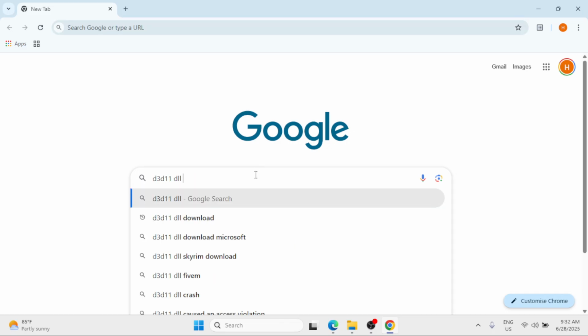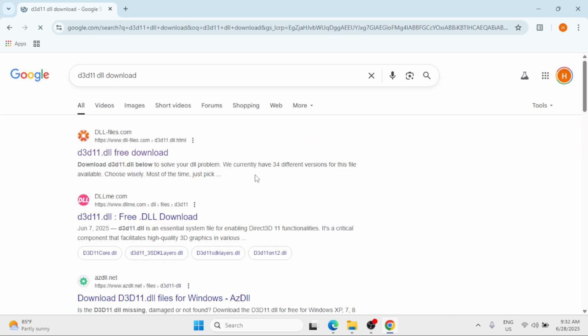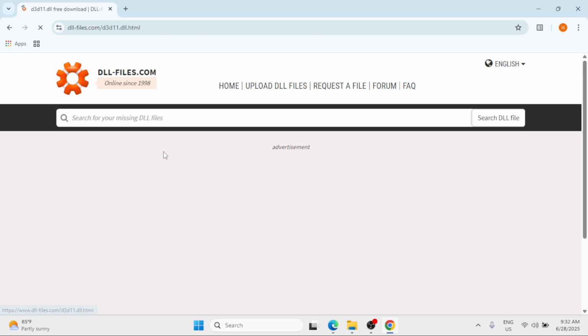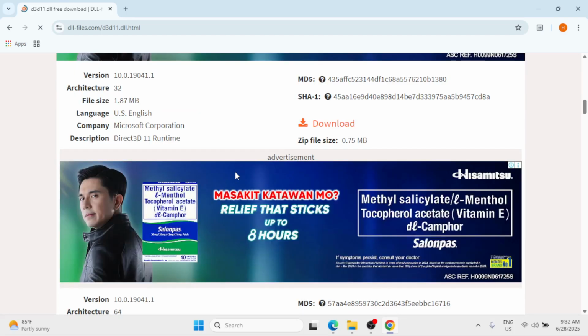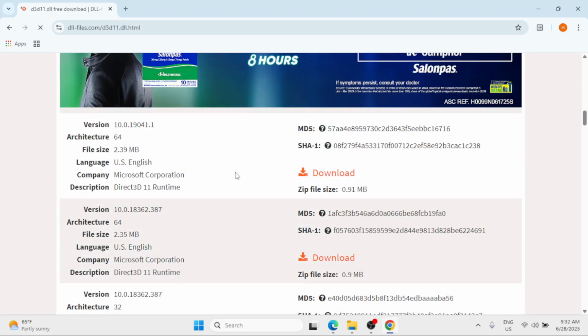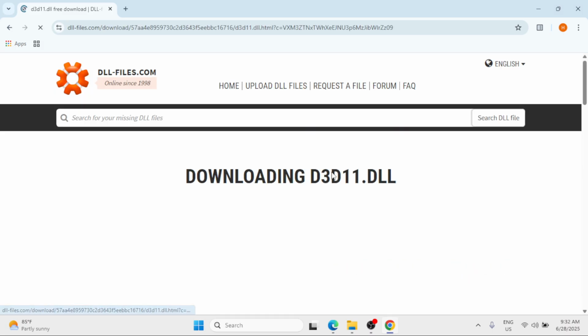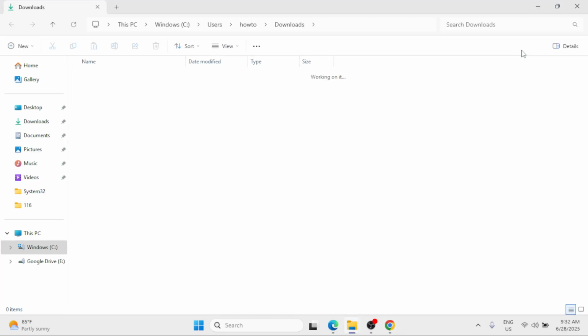Search for the missing DLL file and simply put download. Hit enter. Click on the first match. Scroll down and click the download button corresponding to the architecture of your system type. Just simply choose the first version and wait for this to be downloaded. Once downloaded, click on the folder icon